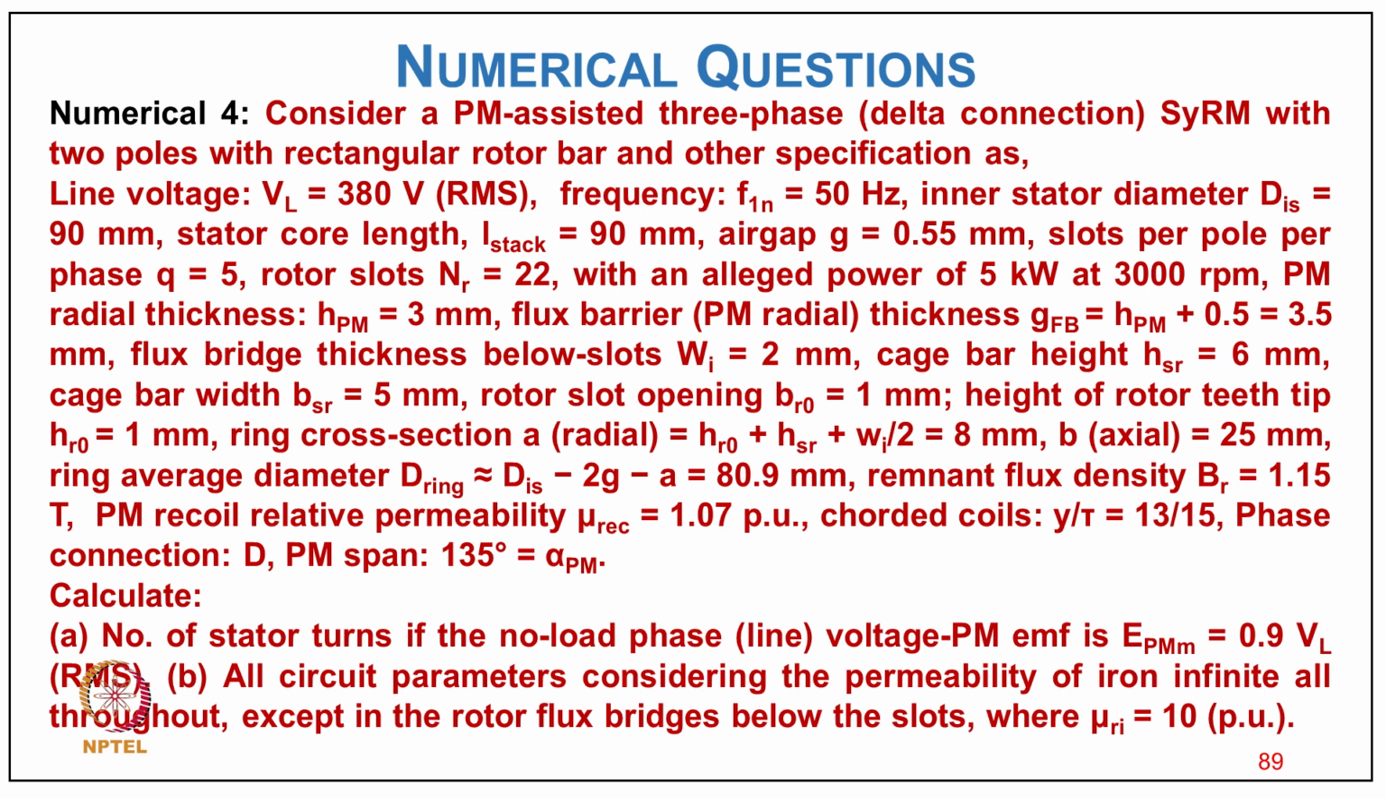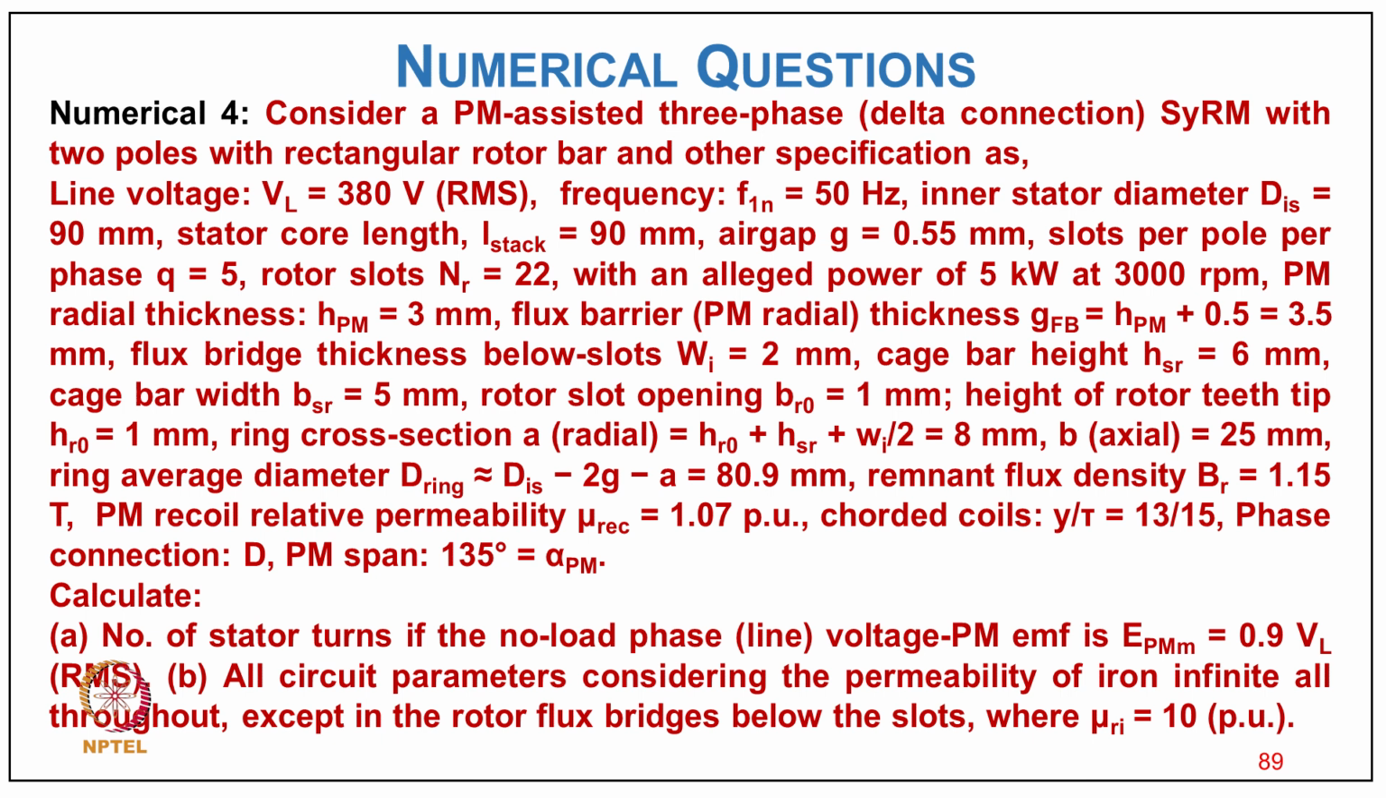VL equal to 380 volt RMS and frequency f1 equal to 50 Hz, stator diameter DIS equal to 90 mm, stator stack length L stack 90 mm, air gap length equal to 0.55 mm, slots per pole per phase q equal to 5, rotor slots NR equal to 22, with the electric power of 5 kW at 3000 rpm, PM radial thickness HPM equal to 3 mm, flux barrier radial thickness GFB equal to HPM plus 0.5, that is 3.5 mm,